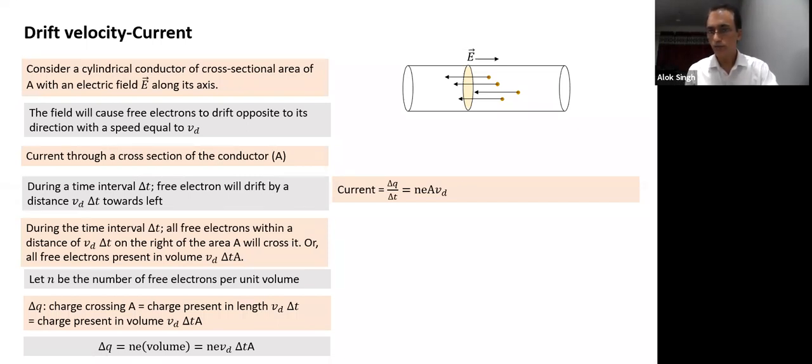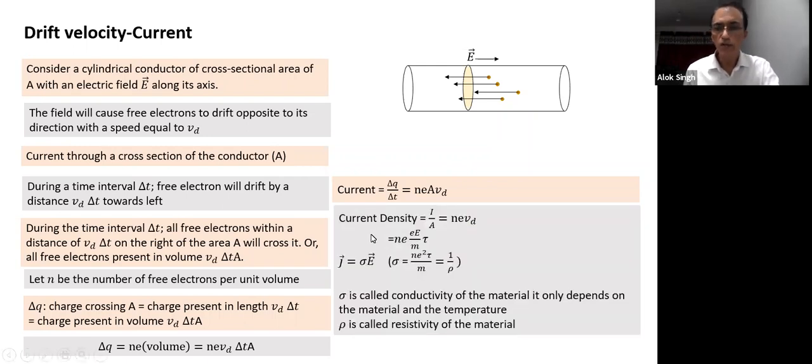So what do we understand from here? e indicates charge on each electron. n is the number density, the number of electrons per unit volume. The more electrons present per unit volume, of course current will be more for the same field. And as area increases, volume also increases, so current will increase. It also indicates current is proportional to Vd. If drift velocity becomes more, current also becomes more. If drift velocity becomes double, current also becomes double. So n e A Vd is the current.